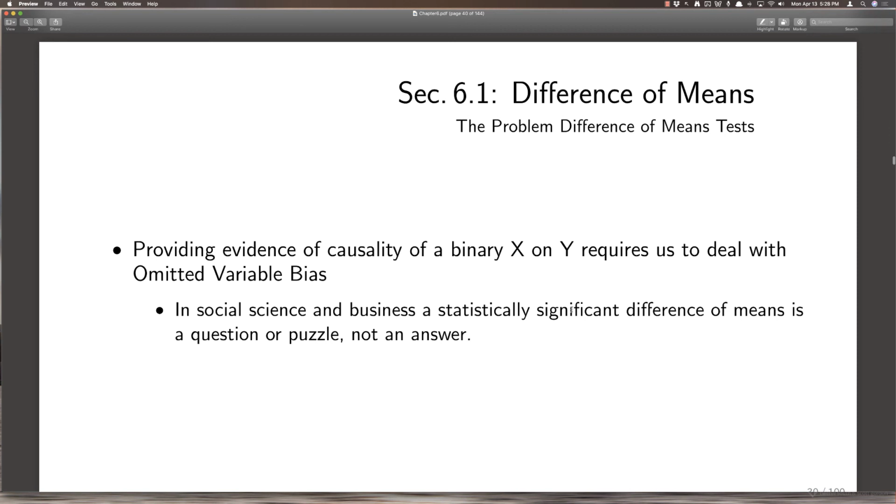But anyways, the point I was trying to make is that when you see a difference using a binary regression with a dummy variable, and you get a statistically significant beta 1 hat, for us in social science and business, that's usually the beginning of the project. So, why am I seeing a difference? You cannot attribute causality to that. And people fall prey to this all the time. They look at two groups in society, they see statistically significant differences in some outcome, and they say, oh, it's